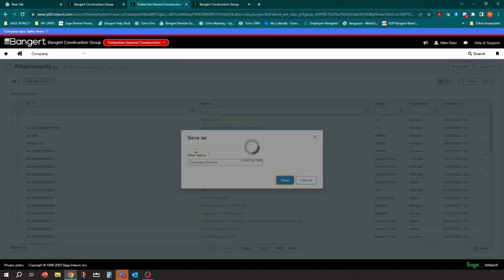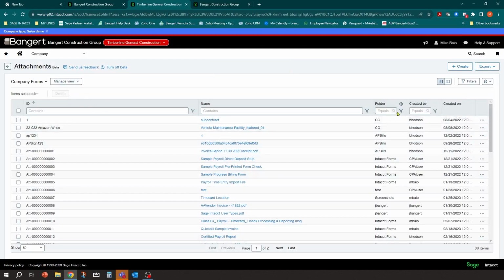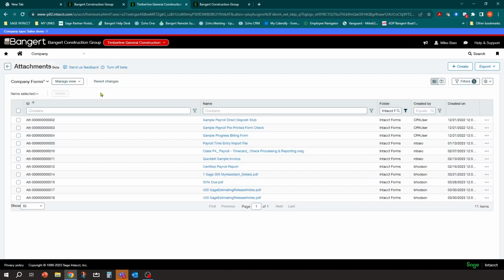And I'm going to click save. And then I'm simply going to put a filter on here where it says equals Intacct forms. Apply. Okay. And now I'm going to save this view. And now I made a company forms view.